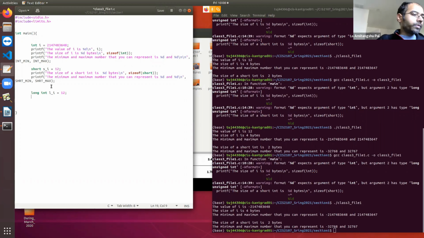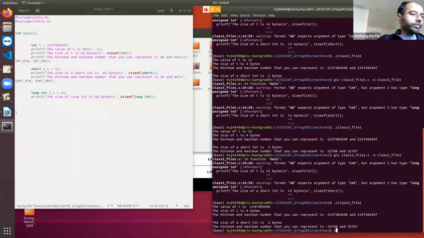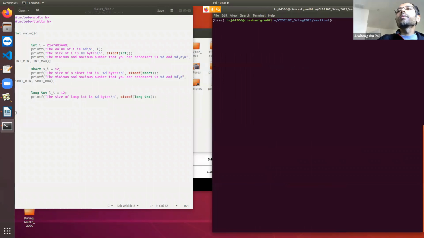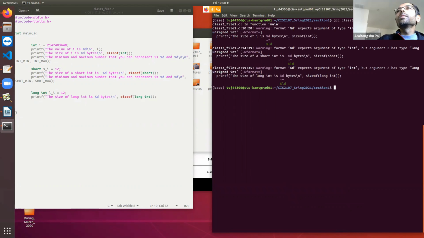So here I can write that. Let's check how many bytes it takes in the memory space. So size of long is 8 bytes. This is giving the same warning for the time being.